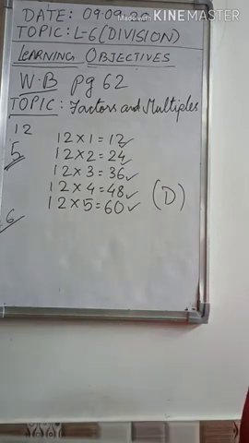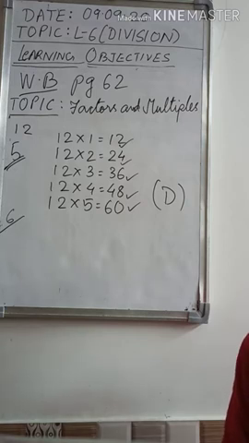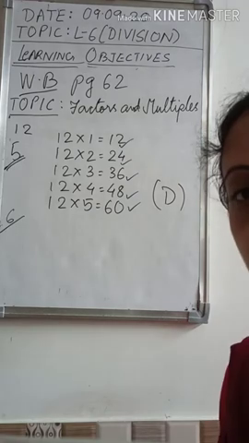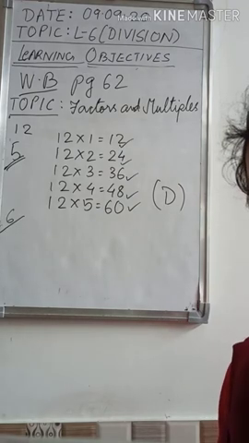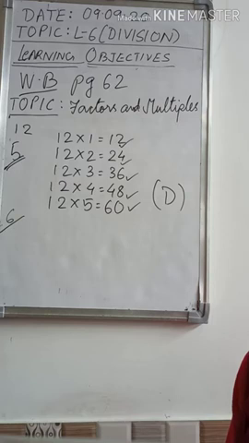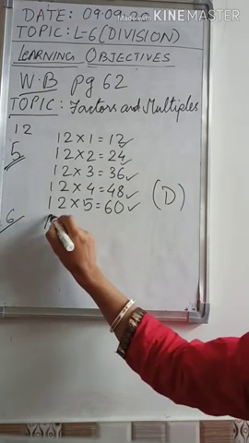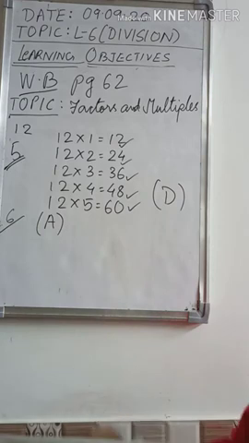Dash is not a factor of 80. Which number? 14, 2, 10 and 16. It's not a factor of 80. You can see 80 has a 0 in the ones place, so it will be divisible by 2. Again a 0 is there, so it will also be divisible by 10. Then 16 5s are also 80. But in the table of 14, do you get 80? You don't get 80 in the table of 14. So the answer of number 6 will be option A.